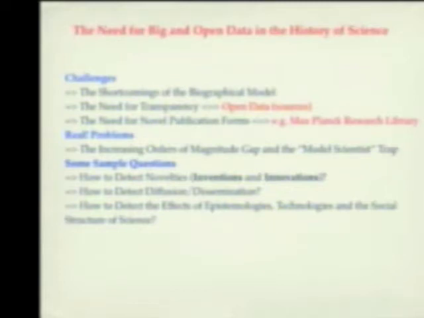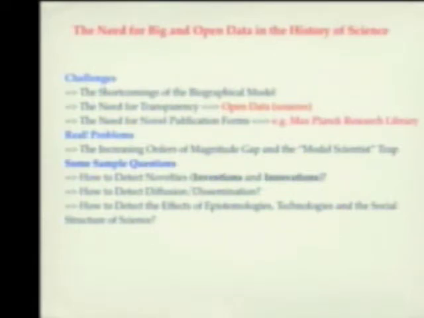A scholar disappears for X number of years into archives and collects something and has their very own way of standardizing their data collection. Then they disappear for another couple of years into their office and write a book that has footnotes that nobody really understands, and they don't share the results of their 7 years in archives because they are only in their own idiosyncratic system of notebooks. This is not a sustainable way of doing business, in my opinion. So there is more need for transparency, which you can get if you open up the data in the humanities, and that requires, of course, an infrastructure such as the one that you are proposing here.